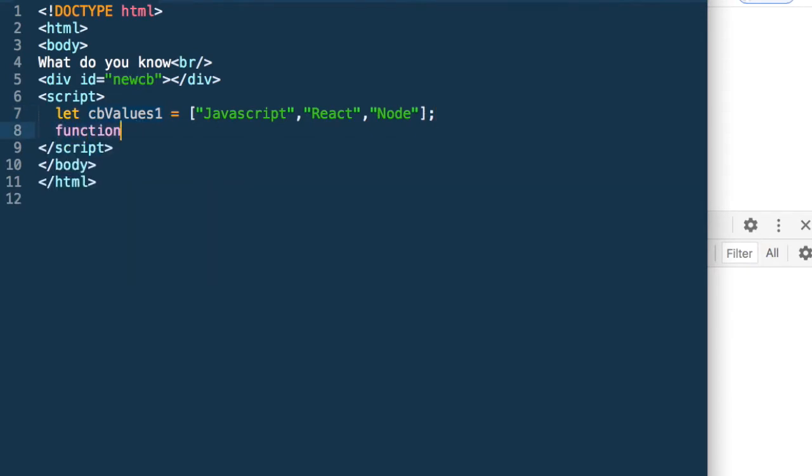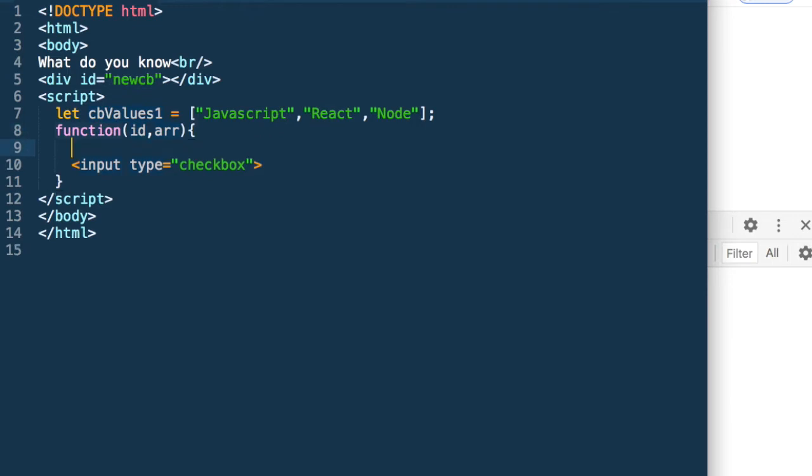So here we have an array and we need to define a function. So let me define a function. It takes two parameters, the ID and an array. The array has strings and we need to generate a checkbox on top of it. So what does a checkbox look like? Input type is equal to checkbox, and then what would it have? It would have the value that we want to show.